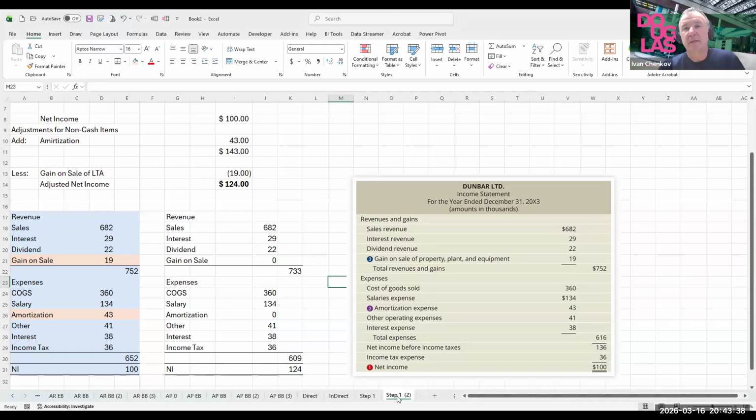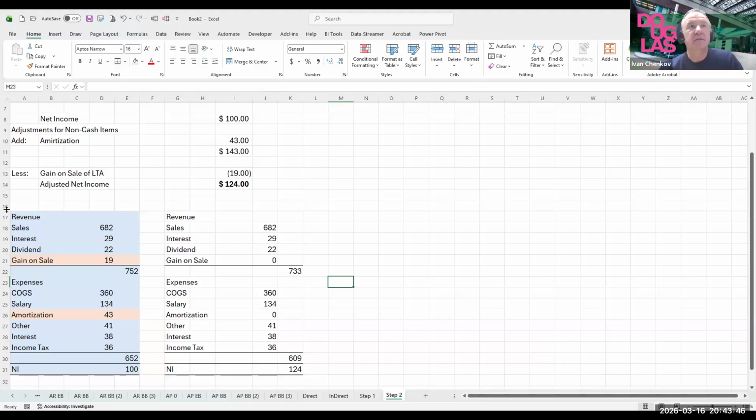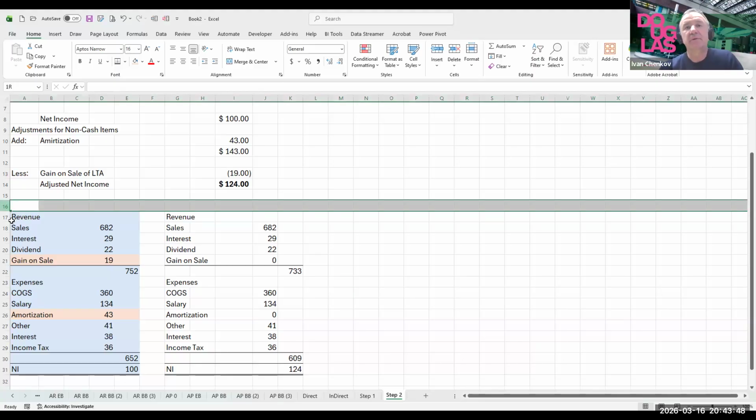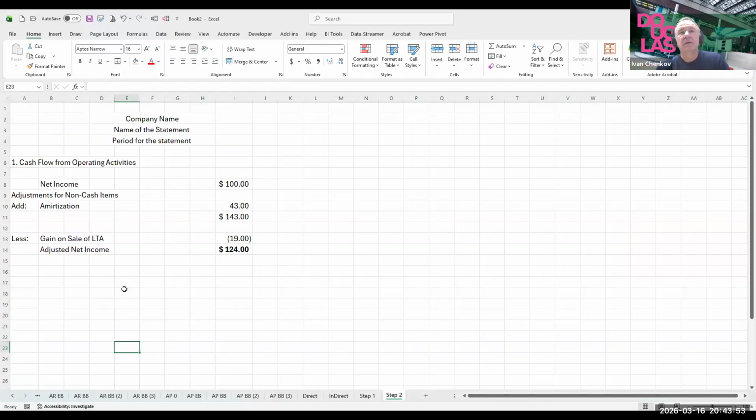That was step one. Now, step two: we're done with the income statement. The income statement is no longer of interest. This part here, I can easily erase it. You already have it in step one, and you don't need it here anymore. Now, since we did adjustments for the non-cash items, the next thing we have to do is chase